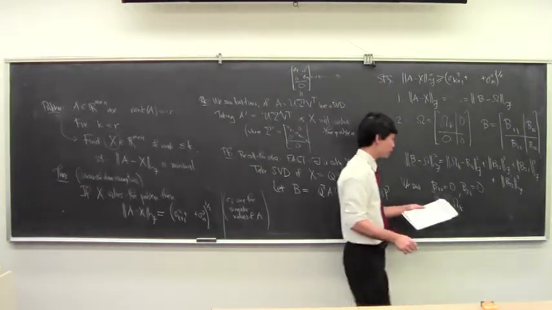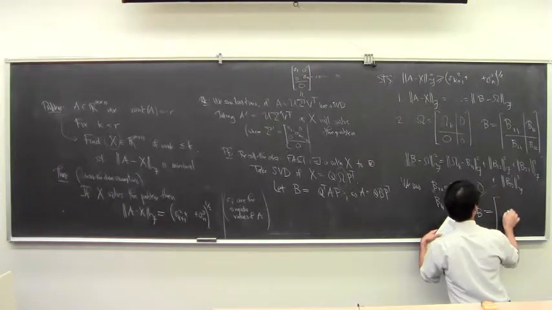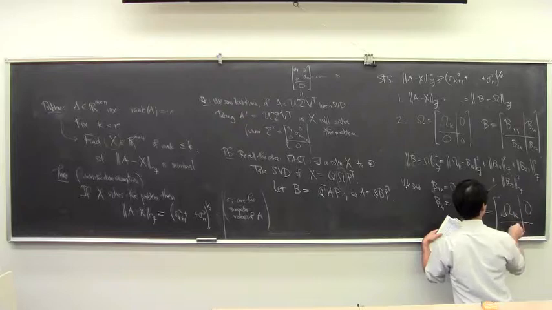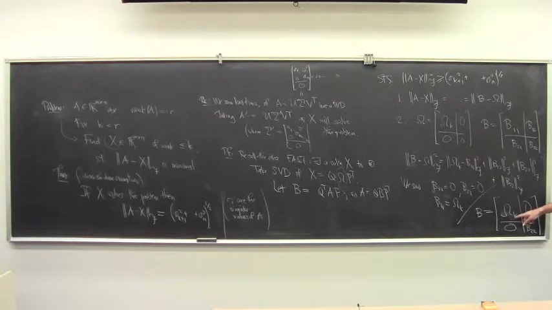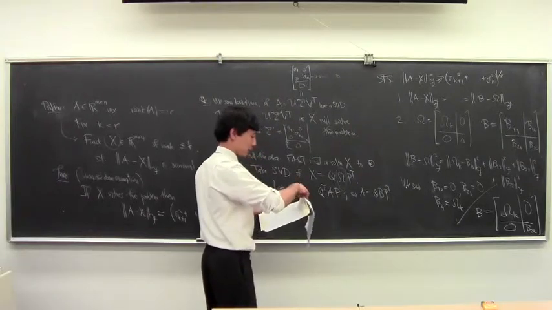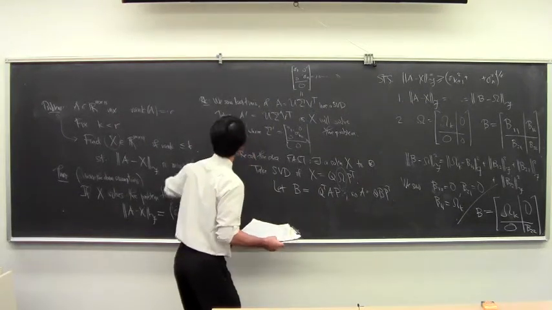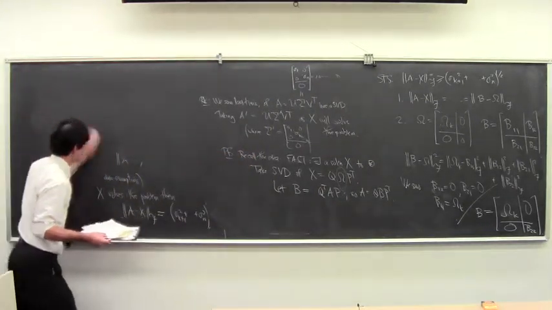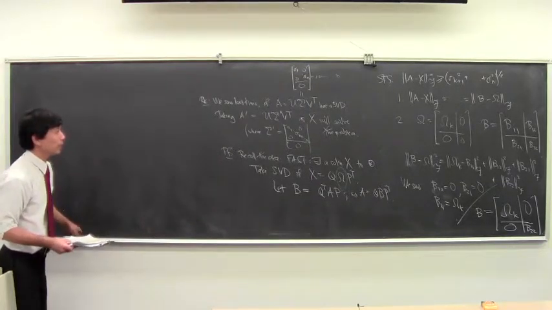Right? And that's basically where we stopped with B. We ended up with B looking like this. Right? That's where we ended. We figured out the structure of B. B has to look like this. Okay. B has to look like this,